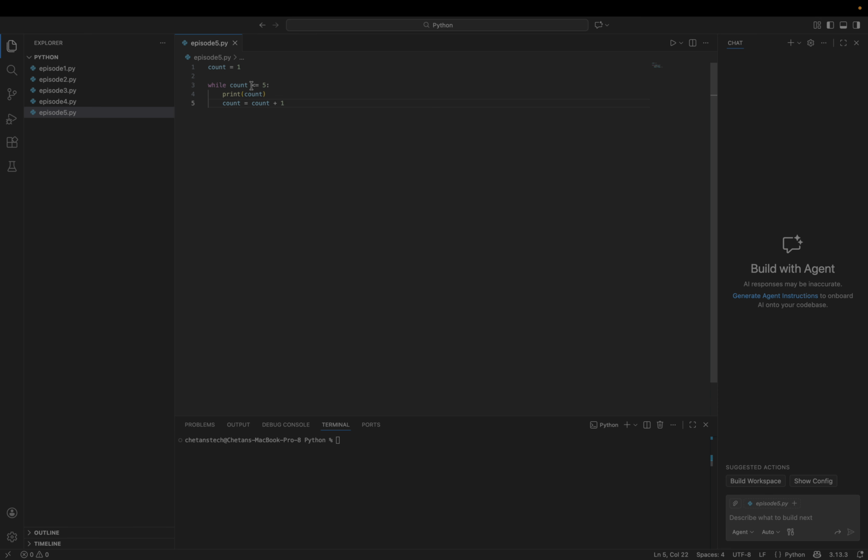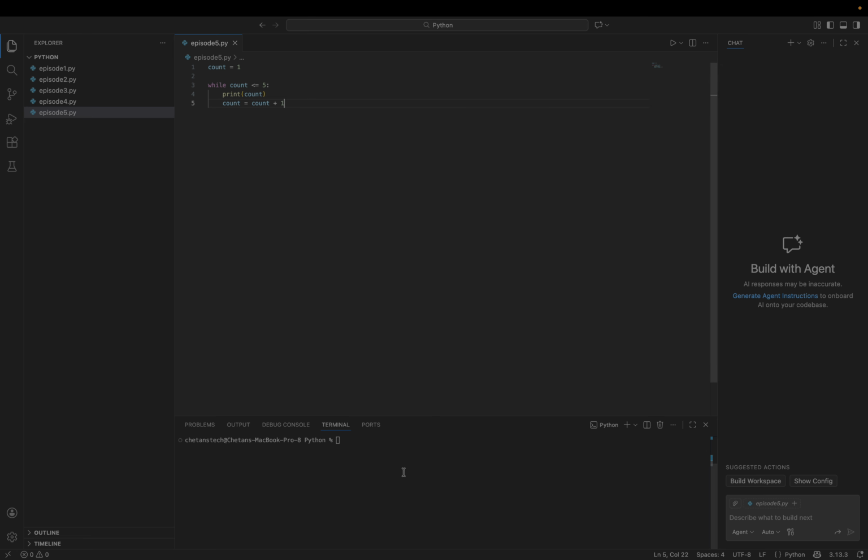Count becomes 3, condition is true, prints the value of count and increases it, and it goes on until count value is 5 and executes as well. When count becomes 6, the condition is false and the loop stops, right? So loops are just repeated decision checks.